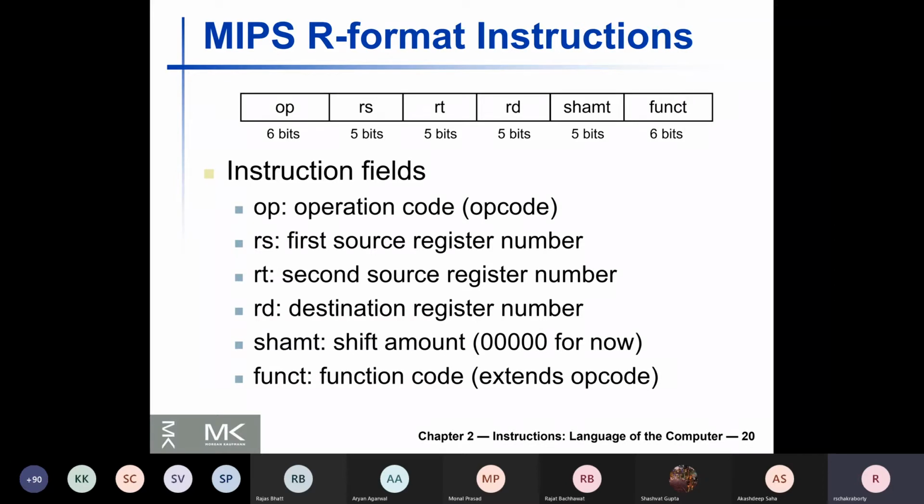because this helps circuit designers to a certain extent, because circuit designers can concentrate on designing the decoding circuitry. The decoding circuitry is a circuit which reads this binary instruction format and tries to make sense of it. The decoding circuitry becomes similar if the opcodes of similar types of operations are kept as similar as possible and the function code changes slightly. Okay, so that's the reason why opcode and function code are kept separate.